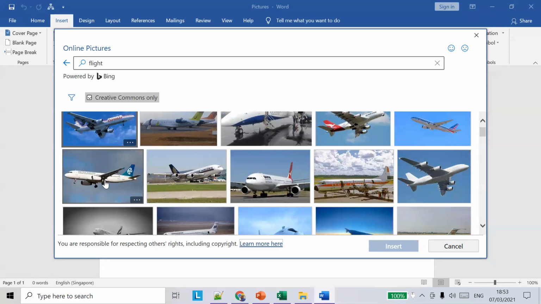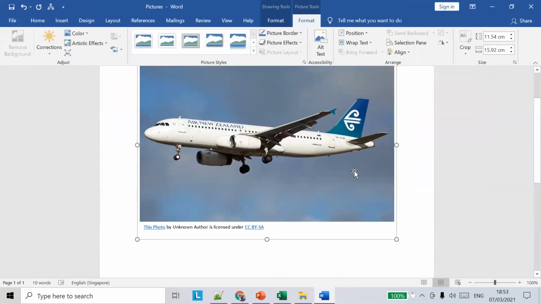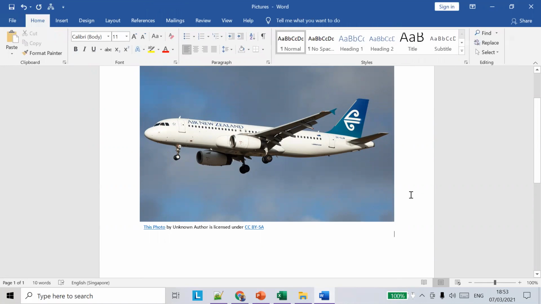Let us choose this picture, select it and click the Insert button. Once you click Insert, the picture is added to your Word file. These are the steps to add a picture the online way.